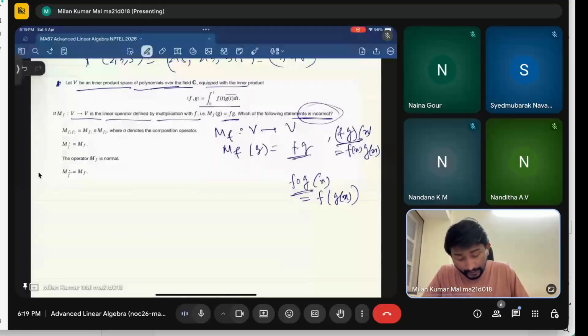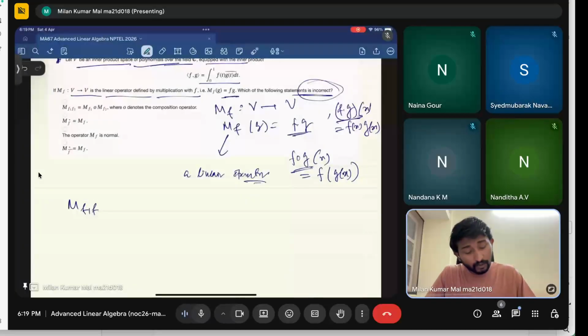The first question is that M of f1, f2 at the point f, whether this is a composition of two operators or not. When we write T1 is an operator and T2 is an operator, then T1 compose T2 is what it is for two operators T1, T2 on the vector space V. Let me write what is meant by the composition of operators. We have seen the product of two functions. We have seen the composition of two functions. They are elements in the vector space V. But if T1 and T2 are two operators